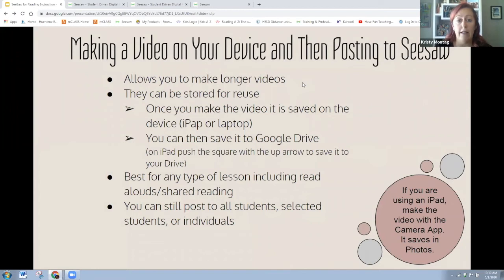Remember, Seesaw limits you to 5 minutes. That doesn't really work for read alouds. So this allows you to make those longer videos and then upload them. Another real benefit of it is that they can be stored for reuse. Once you make the video, it's saved directly onto your iPad or laptop, and then if you want to, you